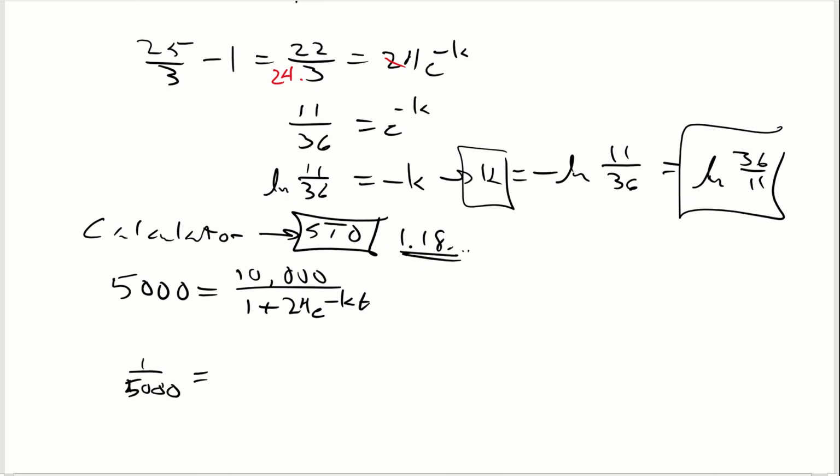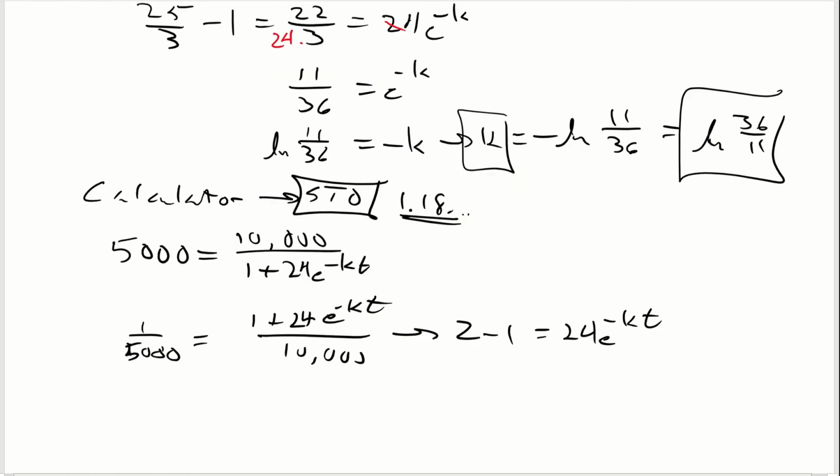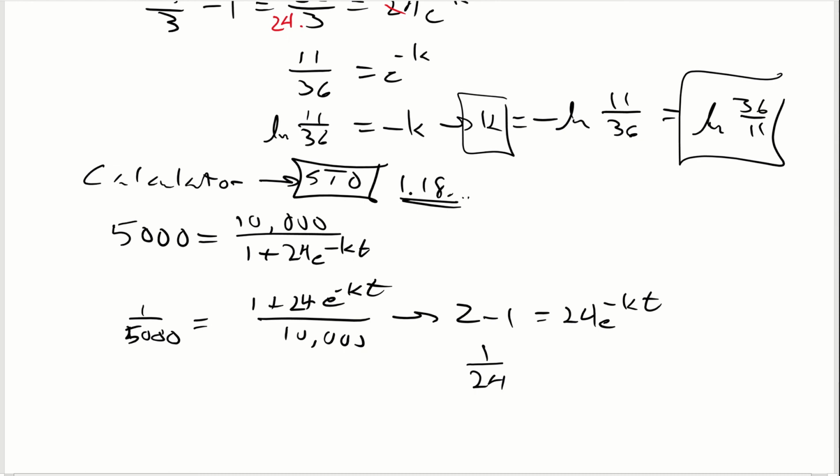The video is almost over, so 10,000, and unless it shuts down on me, plus 24e to the minus kt. I didn't flip it over like I was supposed to. Okay, wasting time. So 1 plus 24 e to the minus kt all over 10,000. If you bring the 10,000 over, you get a 2. Let's subtract the 1. That's equal to 24 e to the minus kt. So 1 over 24 is equal to e to the minus kt. How about we do kt is equal to, oops,